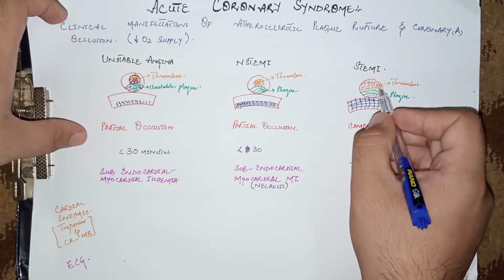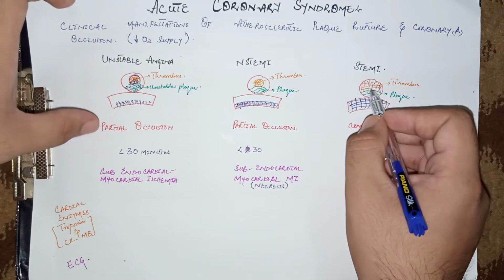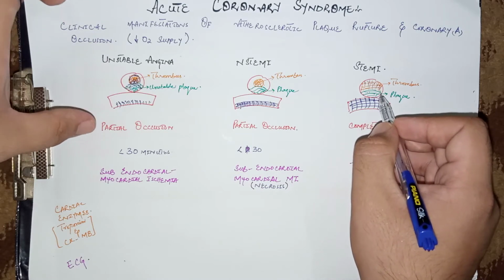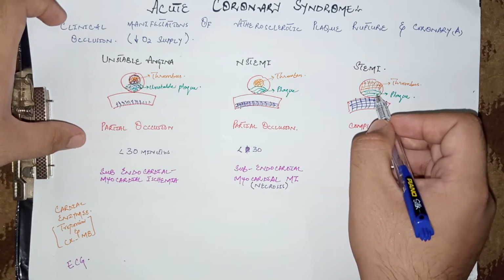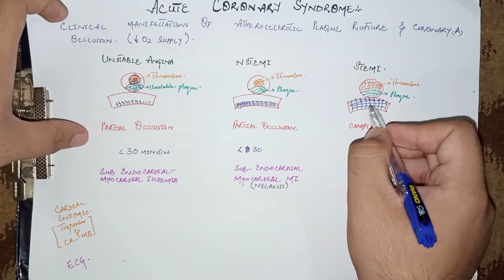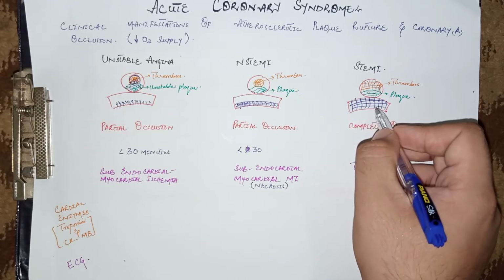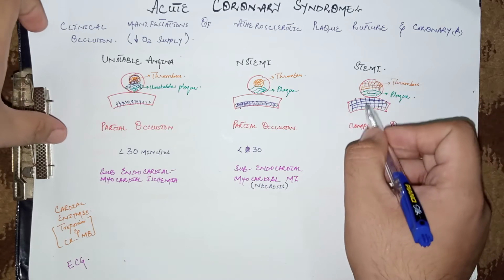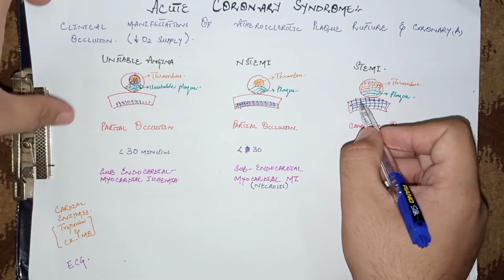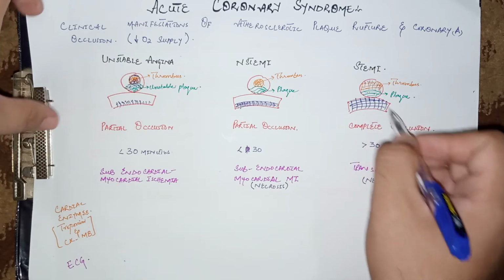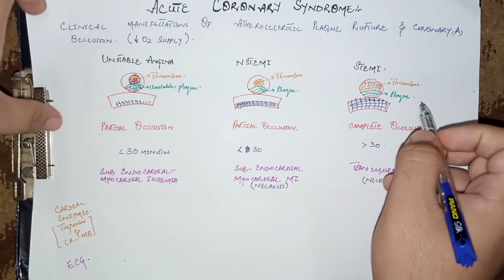This thrombus causes complete occlusion of the coronary artery. So ultimately there is reduced blood supply and reduced oxygen supply to the myocardium, which causes irreversible or transmural injury, that is, the whole layer of the myocardium is dead